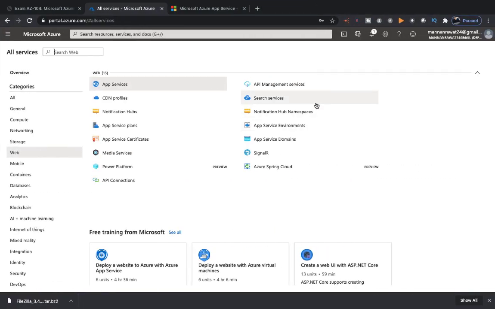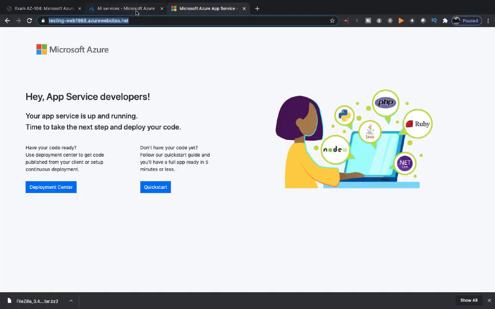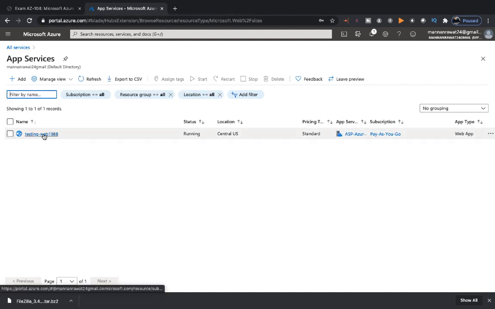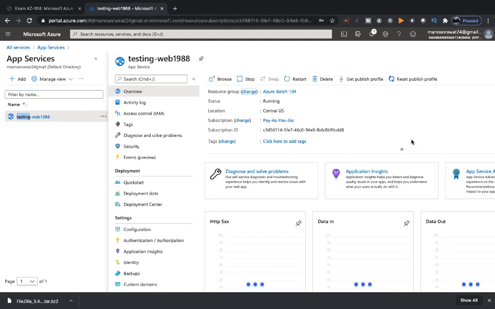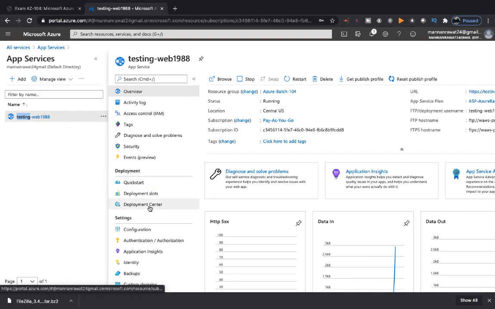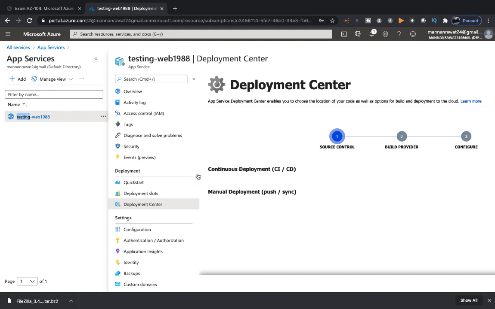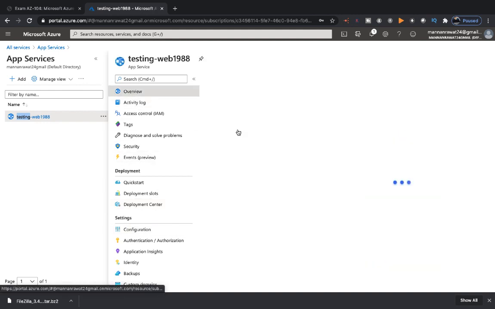We successfully saved our file services. So what you need to do, just check your web application services that you created, testing web 1988, and go to the deployment center. In the deployment center, we successfully configured the FTP username and password. Click on the overview again,